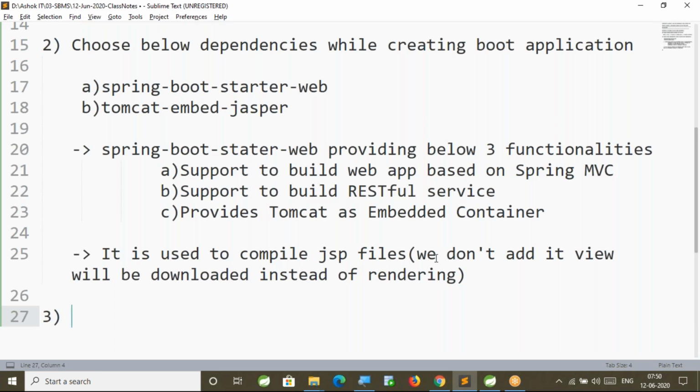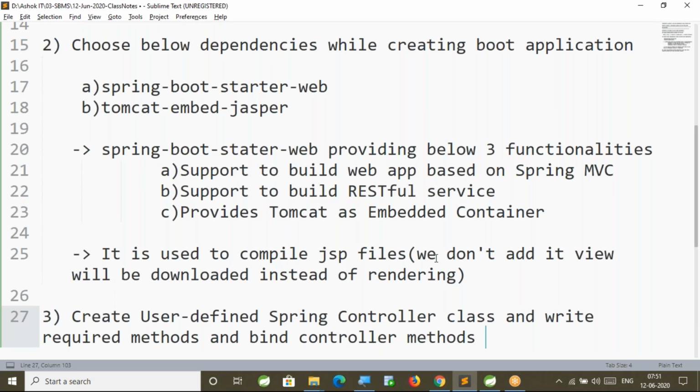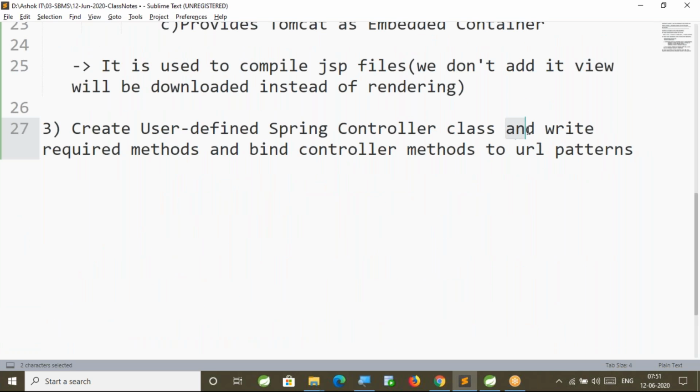Now, after creating this project, we are going to create a user-defined Spring Controller class and write the required methods, and bind the controller methods to URL patterns. Create the Spring Controller class.